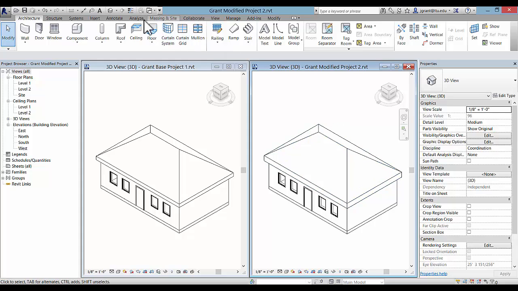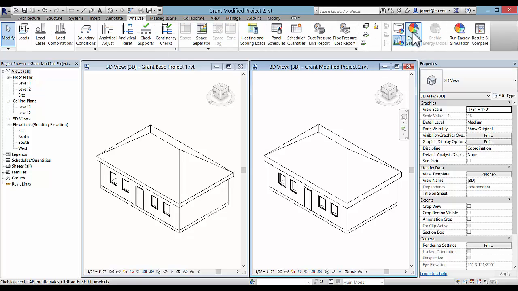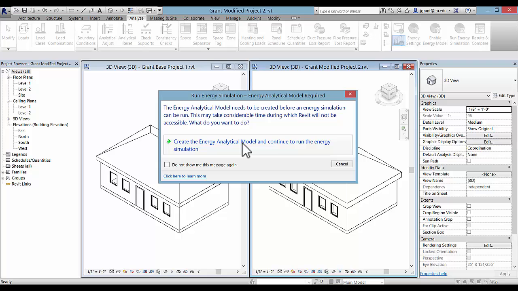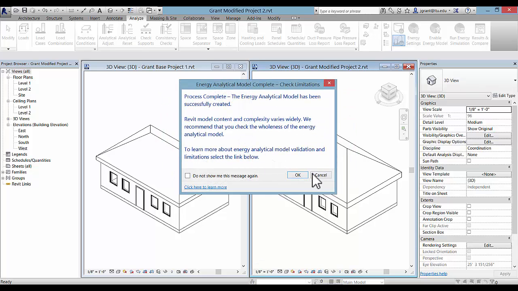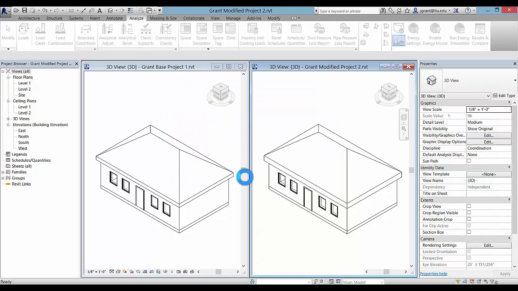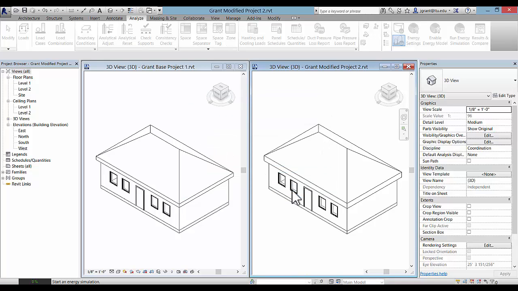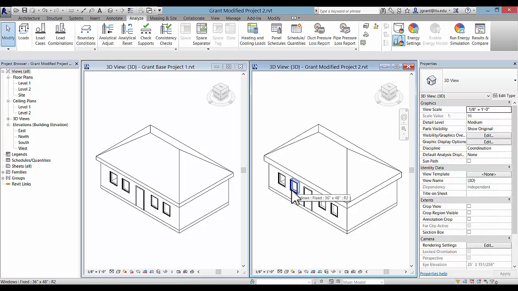Before we look at that analysis for the first project, let's create one for the second project, and then we can compare it. So click inside Project 2 and go to Run Energy Simulation and go through the same process here, picking OK, and then using the default names, pick Continue,